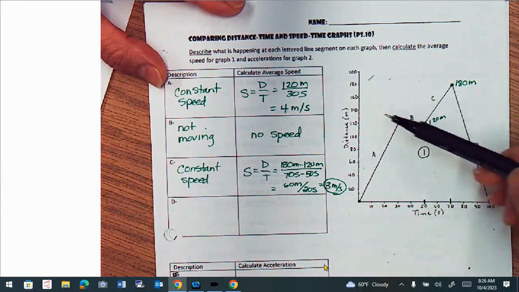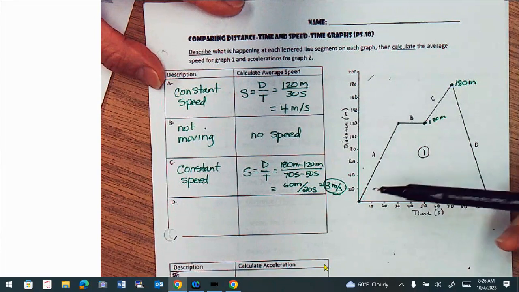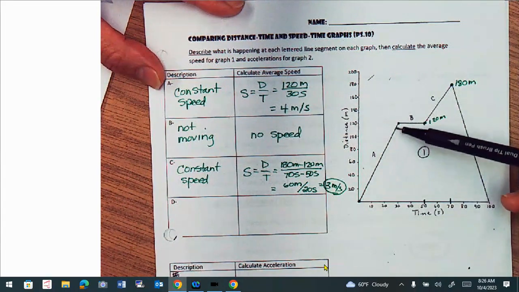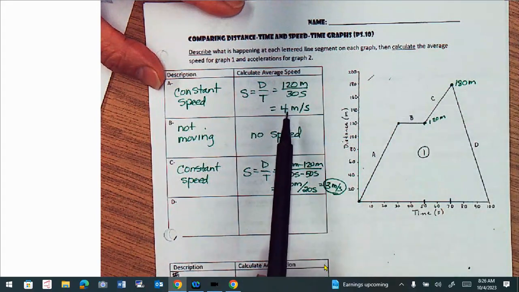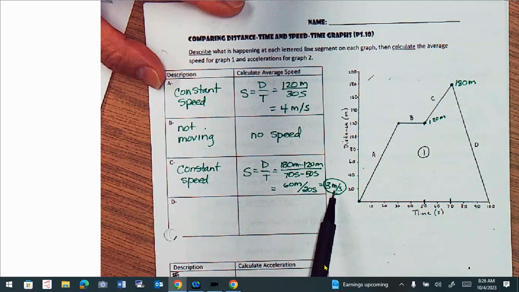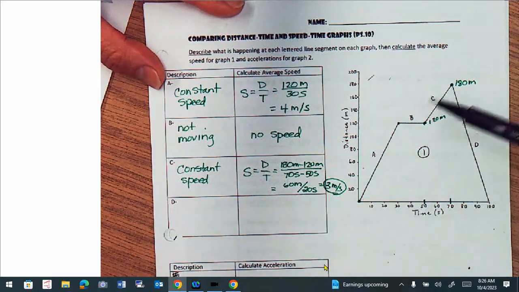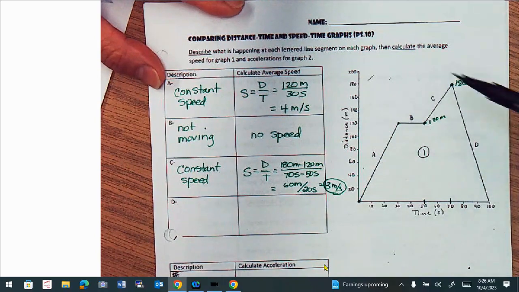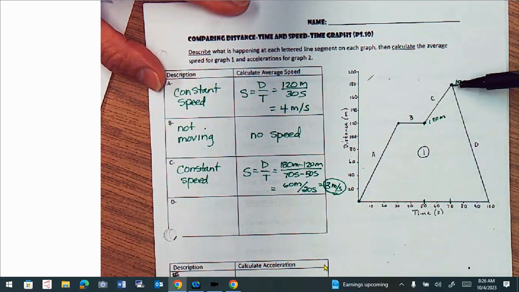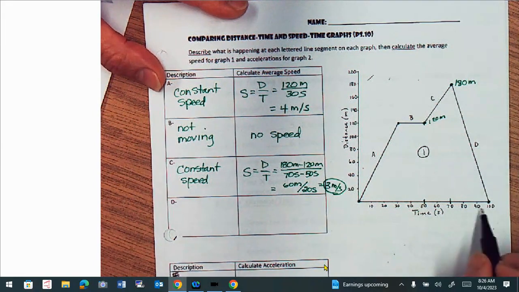And you can see segment A is a steeper line than segment C. So it makes sense that the speed is different here and it's less because it's not as steep a line as segment A. And now we're calculating the speed from this point to point of origin,